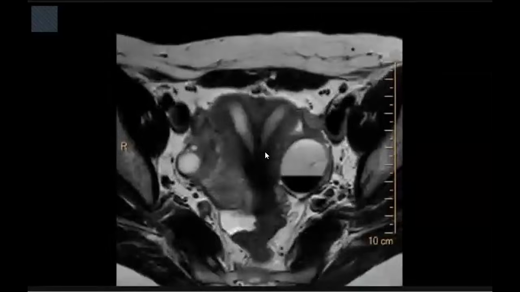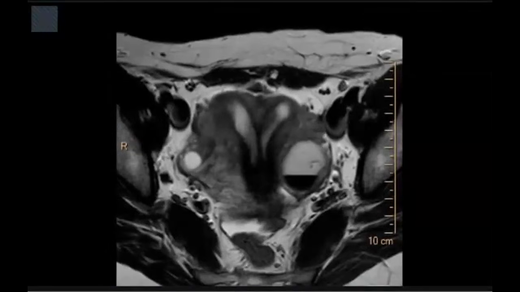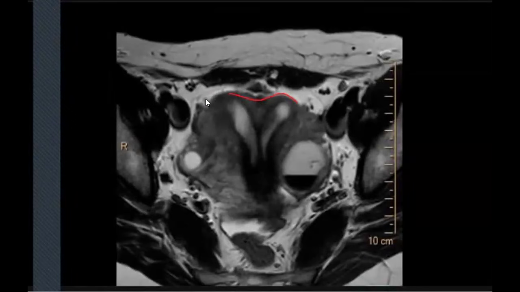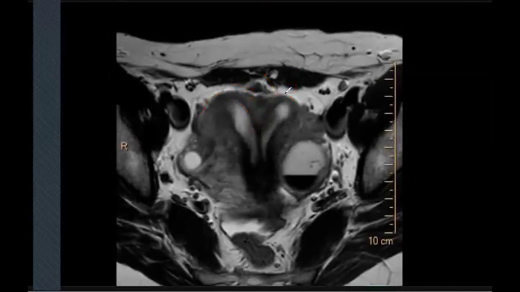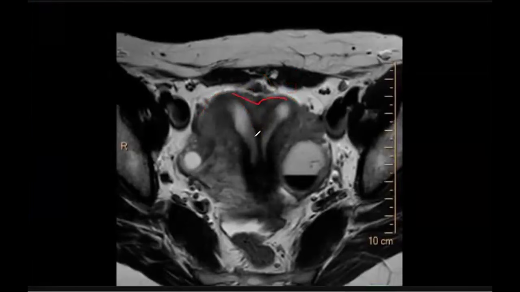Why? Because the coronal will give us the fundal contour. Here is the fundus. No more cleft. If it is a bicornuate uterus, the cleft should go down more than 1.5 centimeters. But here there is no more cleft. The cleft goes just slightly down, less than 1.5 centimeters. So it will be septate uterus,